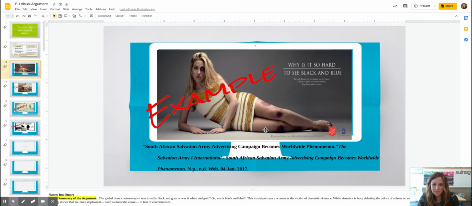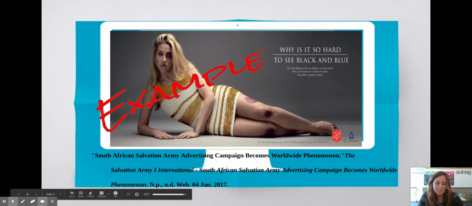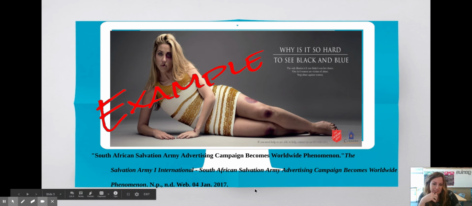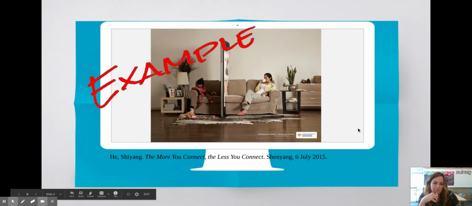If you go to the first slide, this is an older advertisement, an older picture that students saw often on Instagram. You might be a little young to remember this, but people would argue about this dress. Some people saw that it was gray and white, and some people thought it was gold and blue or something like that. They disagreed, and it had to do with the way it appeared on your screen. So this is an advertisement that capitalized on that argument, and obviously we see a woman that is abused. I want to point out to you that we do have a citation here, directly on the slide, and they have basically